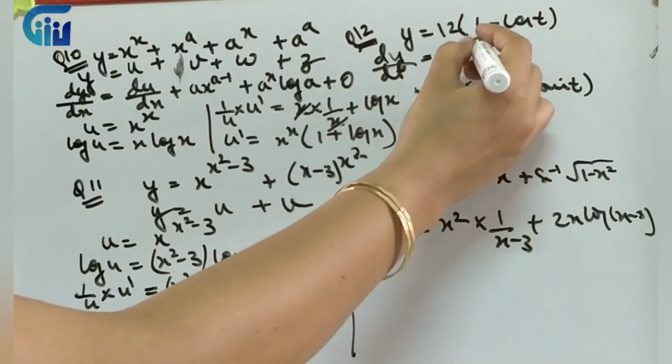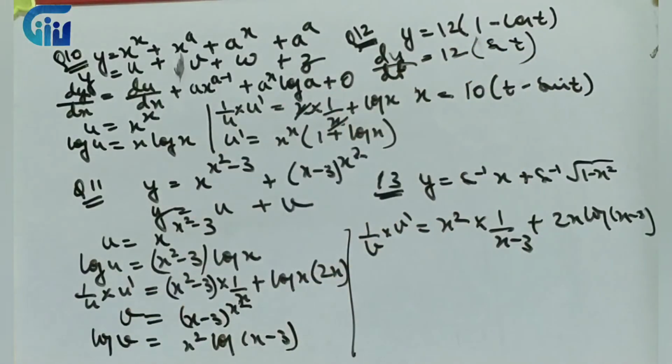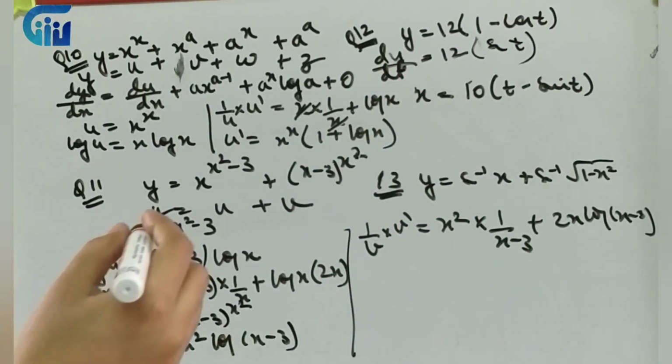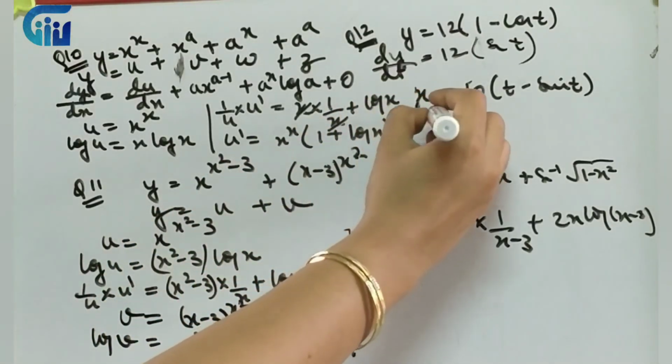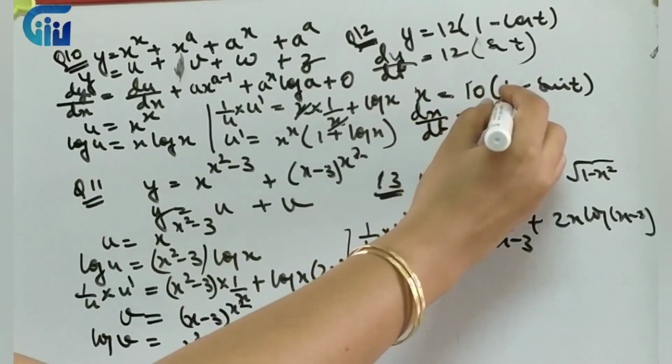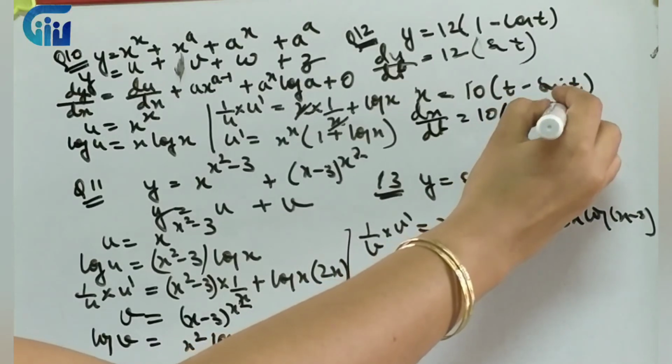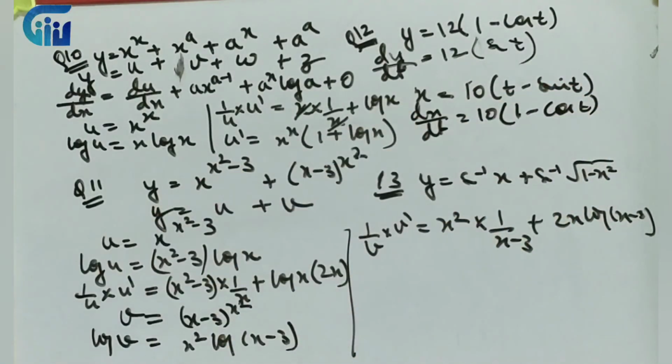So this is, the derivative will be sin t. Right? Minus cos t, the derivative will be sin t. Then over here dx by dt will be what? It will be 10, derivative for t is 1 minus cos t. What we will do, we have done this question, just check the video where we have solved it, how to find dy by dx of exercise 5.6 parametric form. Check that video, you'll get the answer for dy by dx over there, right?